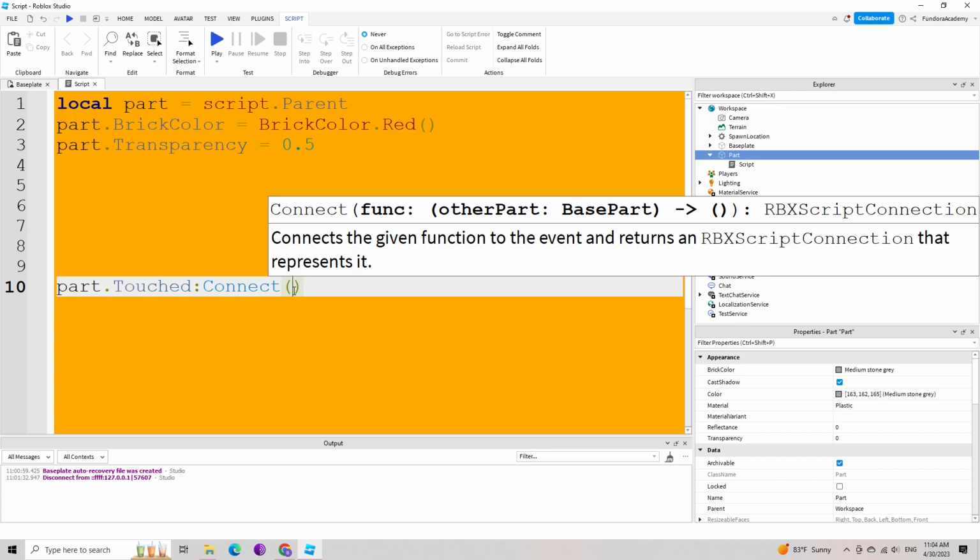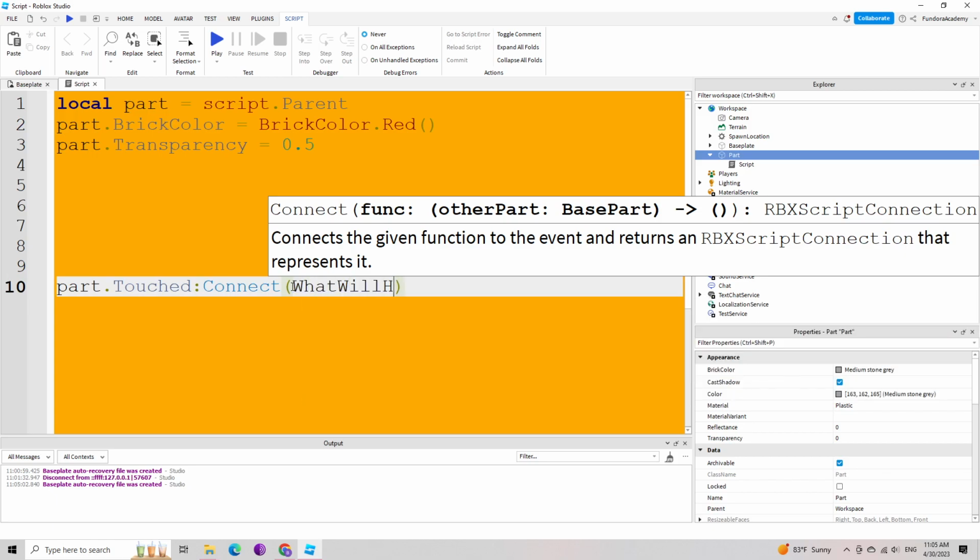The parentheses mean you have to tell what will happen after the avatar touches the part. There are a lot of things that can happen, so we need to give a name for this function. We can name it anything you want, but the name typically should be meaningful. So we can name this function as